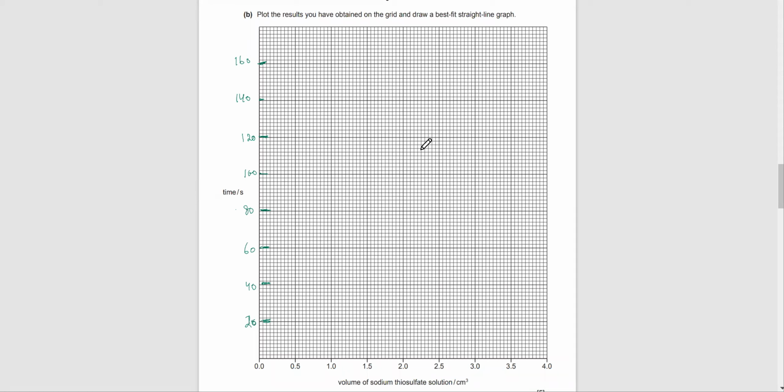Now 22 seconds. 0.5 is 22, so it's going to be somewhere over here. This is 22. Then it was 43, above 1 minute's mark. It was 43. So where would 43 come in? 43 would be right over here.